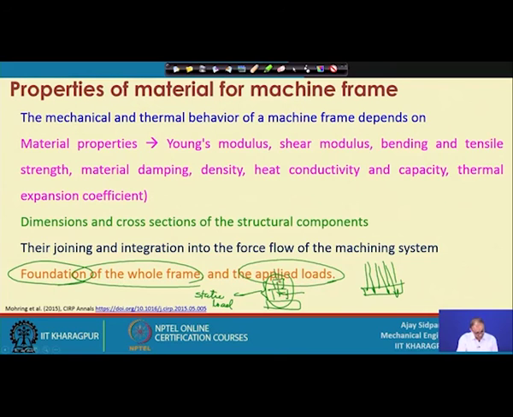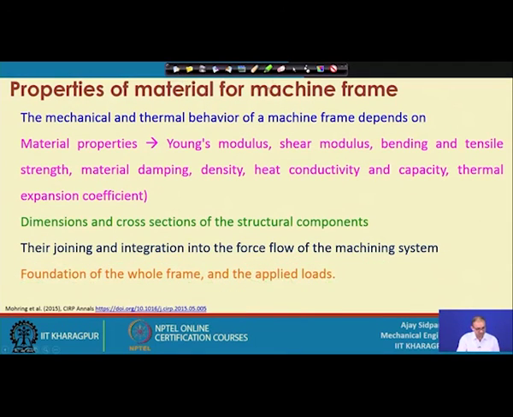Now when you do a machining operation, it will get additional forces, but those may not be so high, but still this static load will be very high, and it may create a deformation in the foundation. So, these are the things about the material property, and let me finish this lecture. We will continue this class further in the next part. Thank you very much.